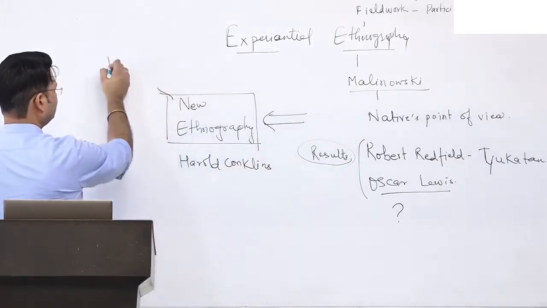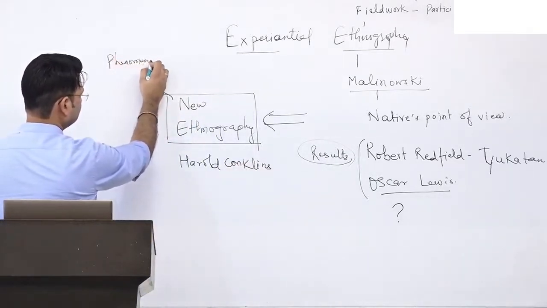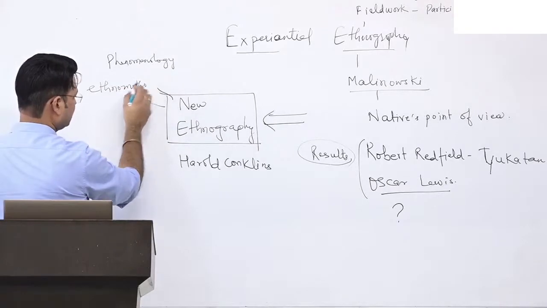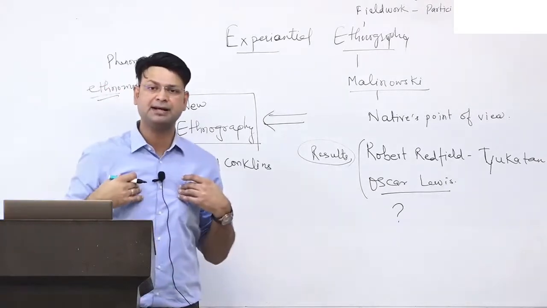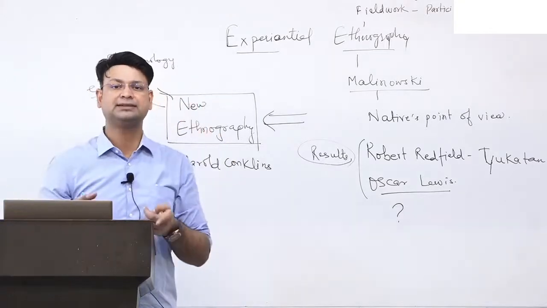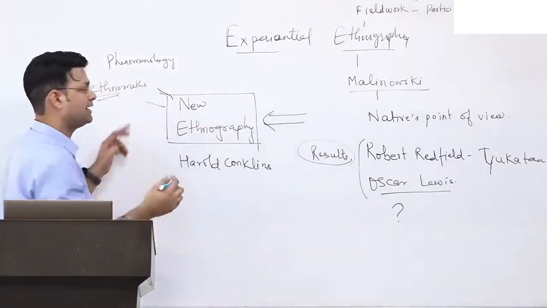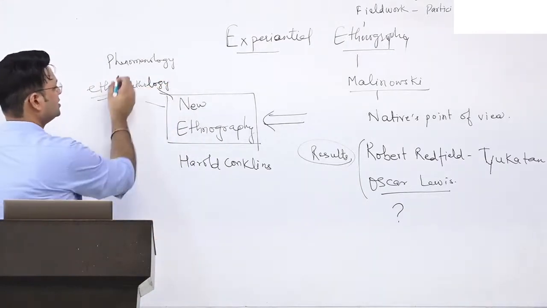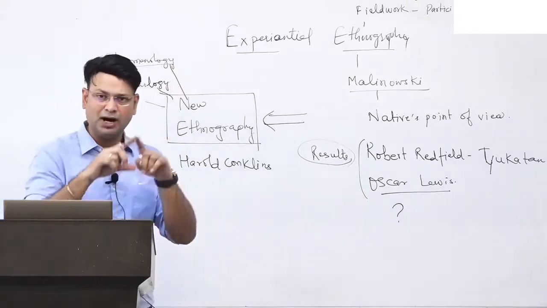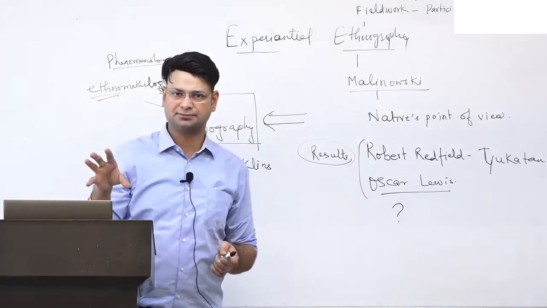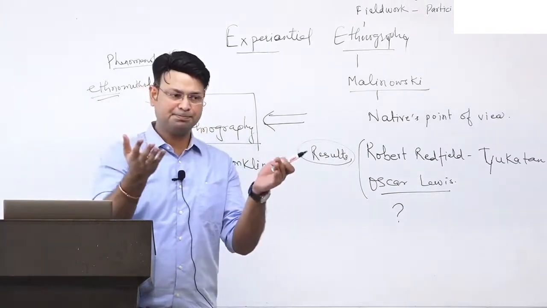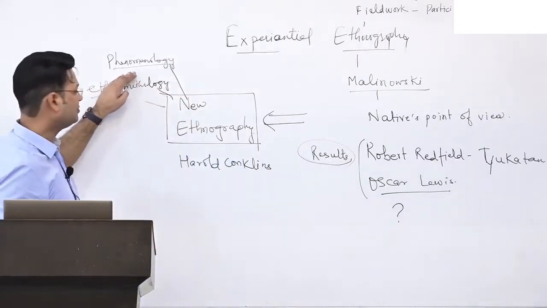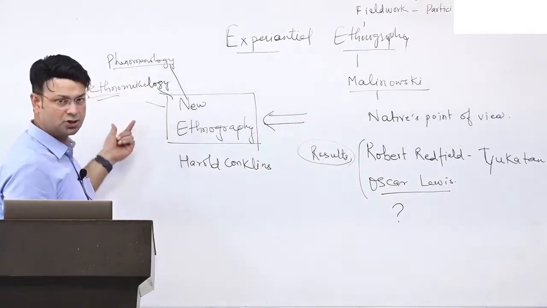They adopted the method of phenomenology and ethnomethodology. Ethnomethodology means the people's logic: ethnos means people, and methodology, my way of looking at things. So that is the people's way of looking at things, how I perceive reality. Phenomenology is the study of the structures of experience, how I perceive this reality, the phenomena, how I see it and process it in my mind cognitively. So ethnomethodology and phenomenology were adopted here.